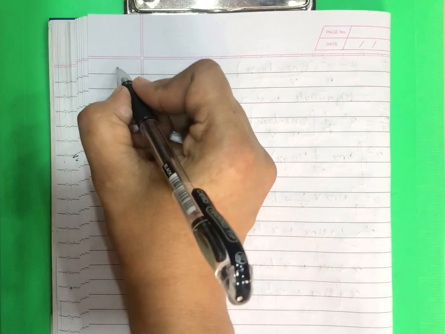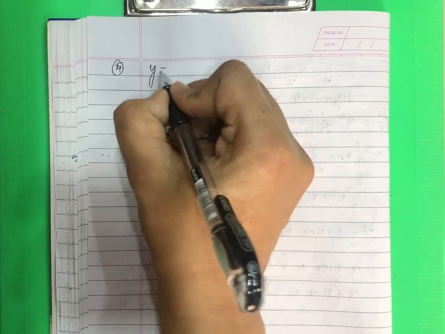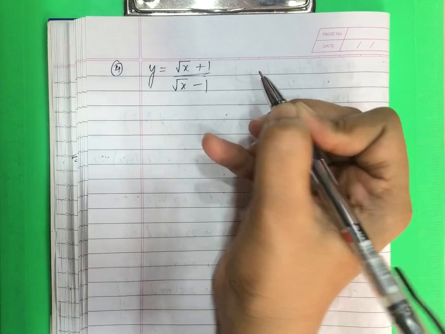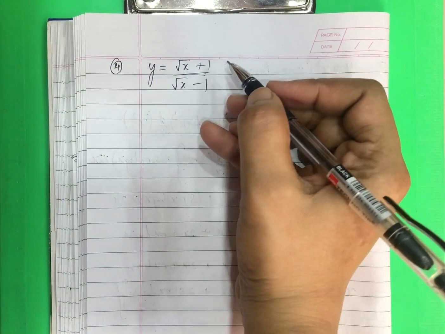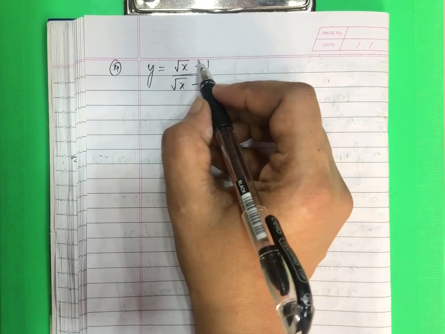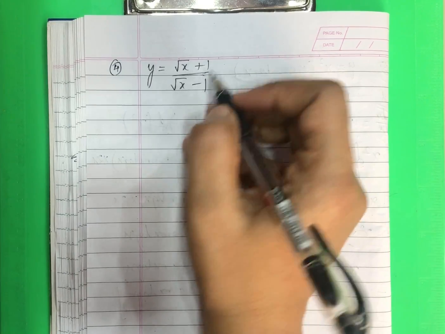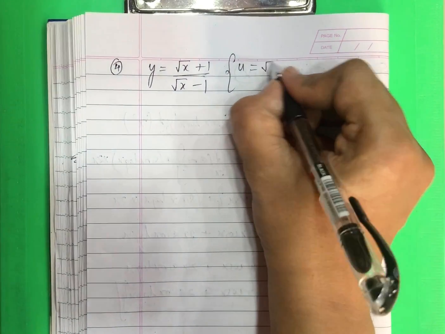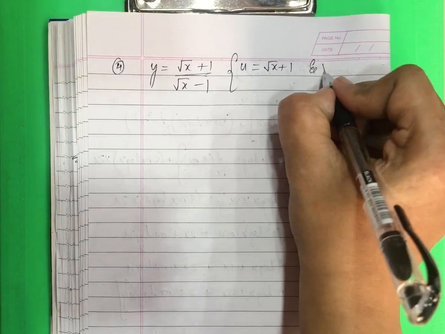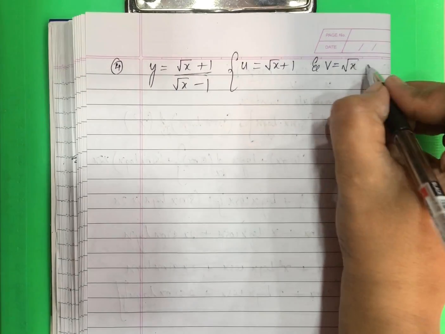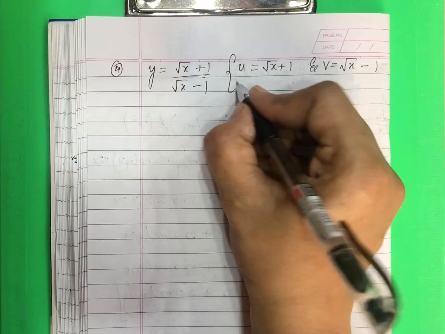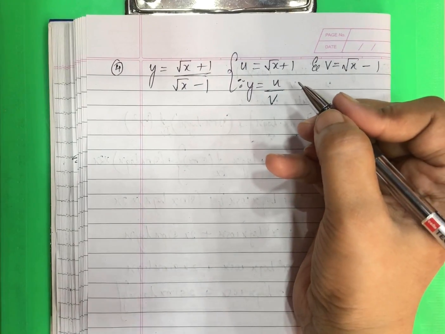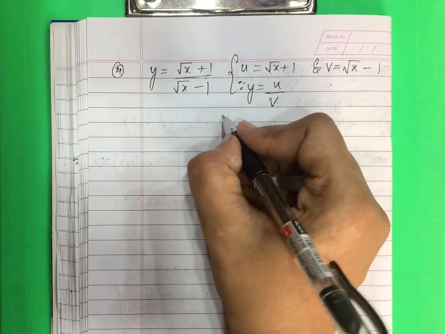Now we are having fourth problem, that is y is equal to root x plus 1 upon root x minus 1. So you can see here easily this is in term of quotient, that is your u is equal to root x plus 1 and v is equal to root x minus 1. This is in the form of y is equal to u upon v. So we need to apply the formula for